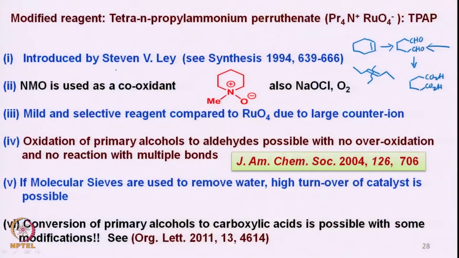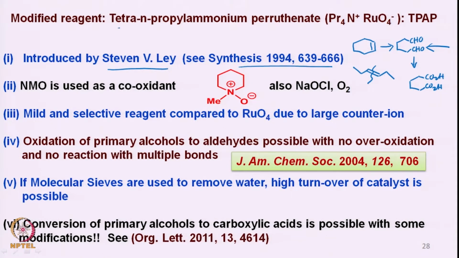But if such a cleavage does not allow one to stop the reaction at the aldehyde stage, and if one wants the aldehyde, then you unnecessarily go to the acid stage. Keeping these kinds of requirements in mind, Steve Ley in 1994 reported